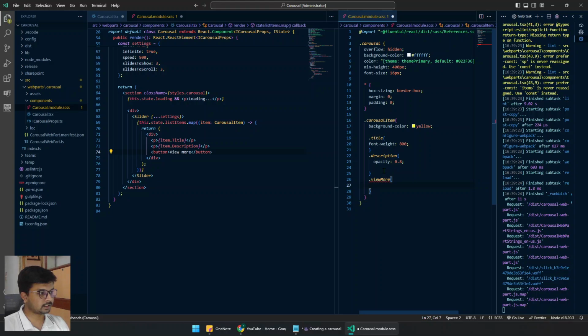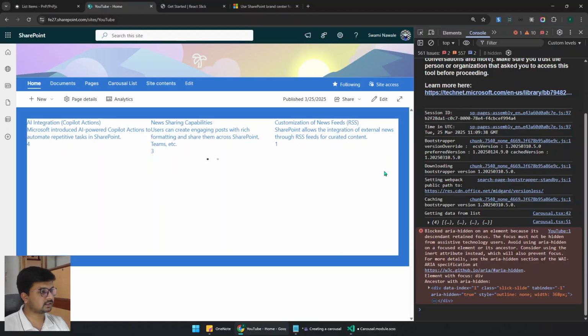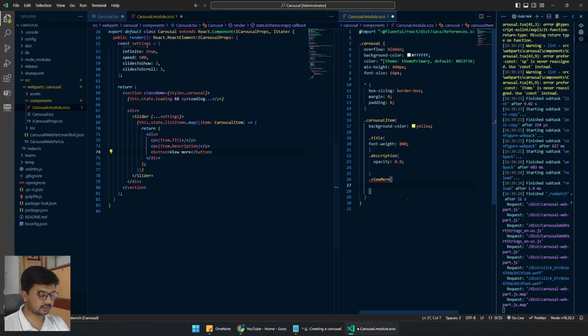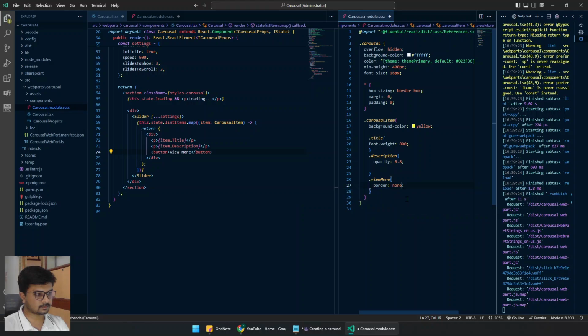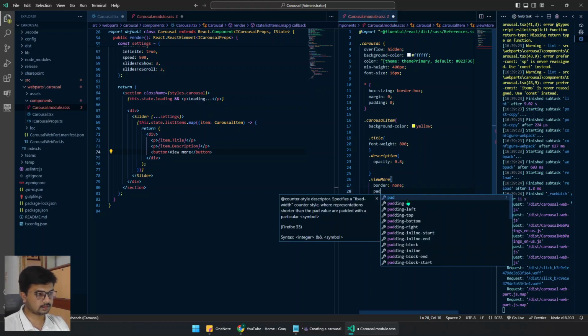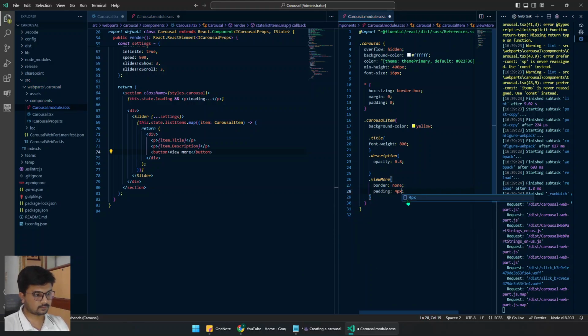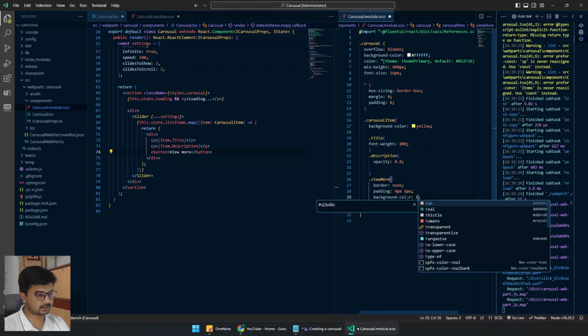So here for the button, it will just add a static button. You can use the FluentUI library as well to add a button, but I generally prefer this way for these small kinds of things. So let me just add some CSS as border none. Then the padding will be 4 pixel and 6 pixels. So the 4 pixel from top bottom and 6 pixel from left right. Background color will be, let's say,